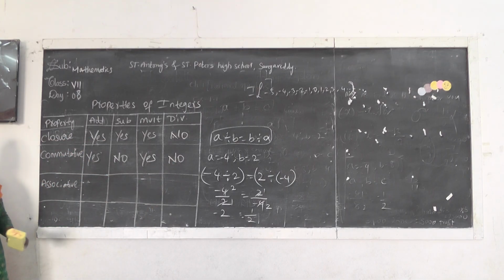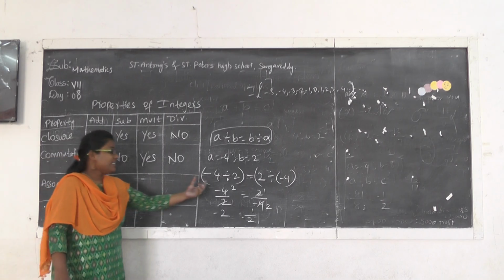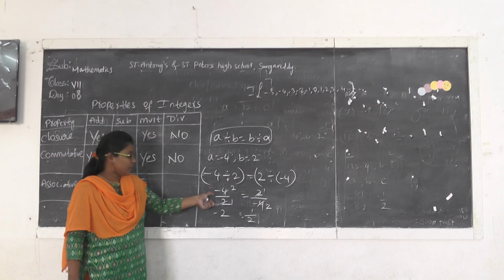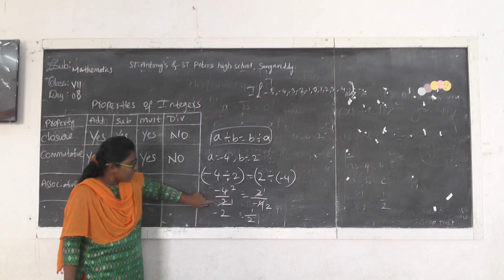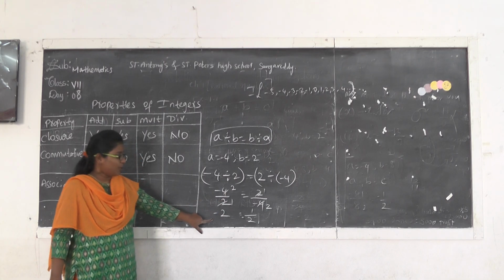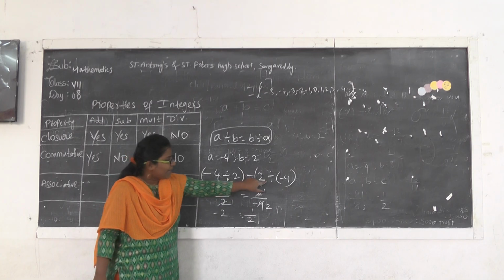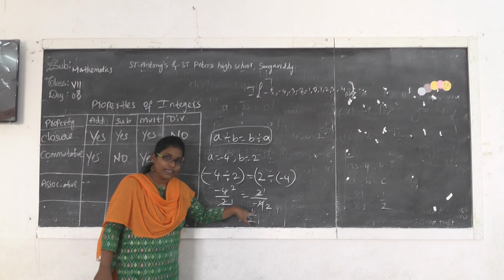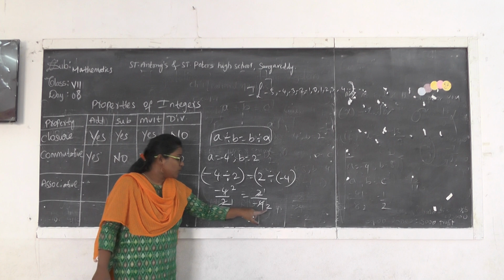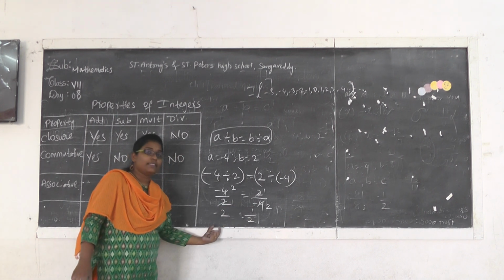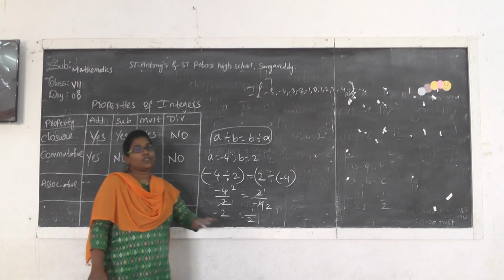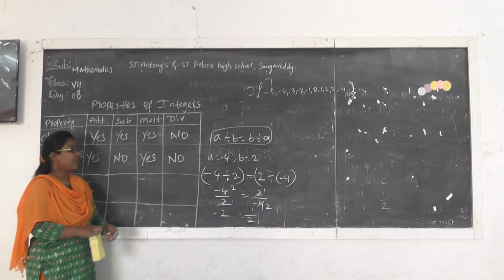Are you able to understand? The commutative property does not hold under division. That's why we have to write in fraction form and do cancellations. 2 1s are 2, 2 2s are 4. Since one is positive and one is negative, we keep the negative. Here 2 divided by minus 4, so minus 4 will come in the place of the denominator. 2 1s are 2, 2 2s are 4. Both have different symbols, so the result is negative. But here LHS is not equal to RHS, so the commutative property does not satisfy under division.